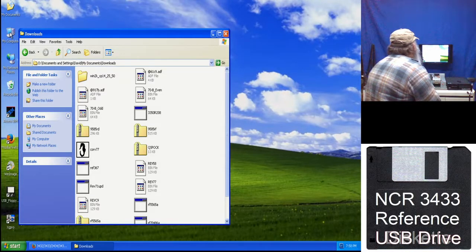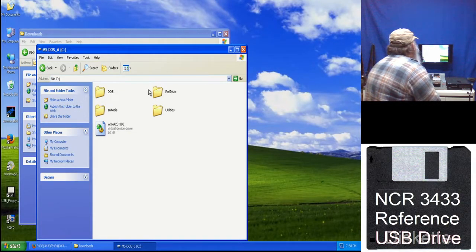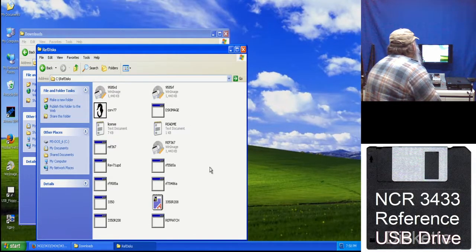In fact, let me pull up a separate file window for that into my ref disk. So I have that file expanded out, and it creates a